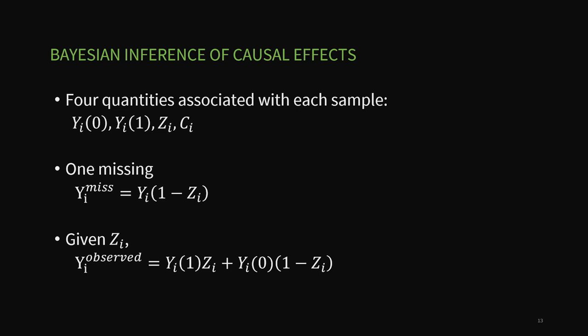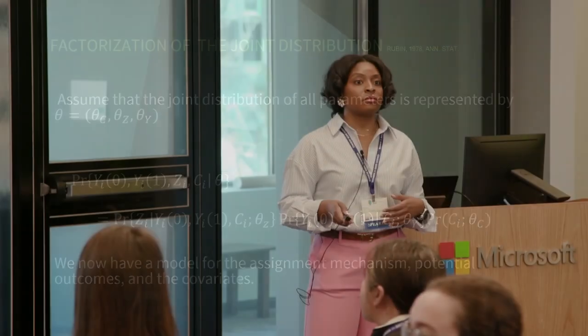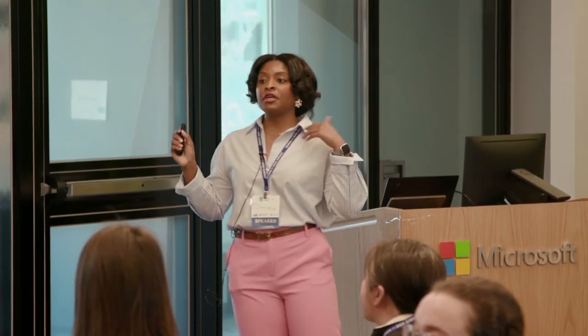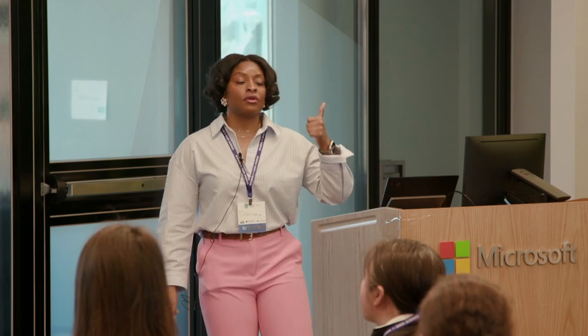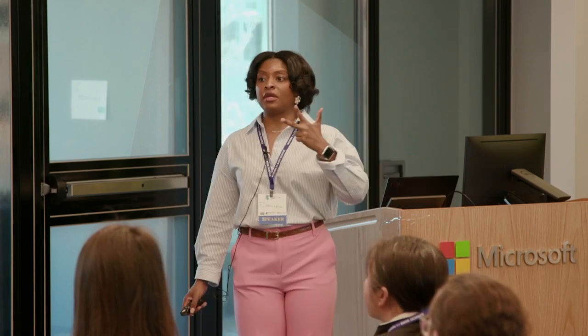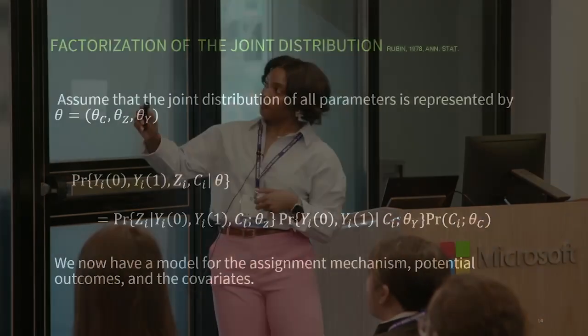And we can think of the joint relationship between our potential outcomes and our treatments as Y observed or Y missing, right? So we can jointly use these to figure out our observed and missing values. And so with this, we can now draft the model. If we think of our potential outcomes framework again, we need a model, we need our potential outcomes, and we need an assignment mechanism.